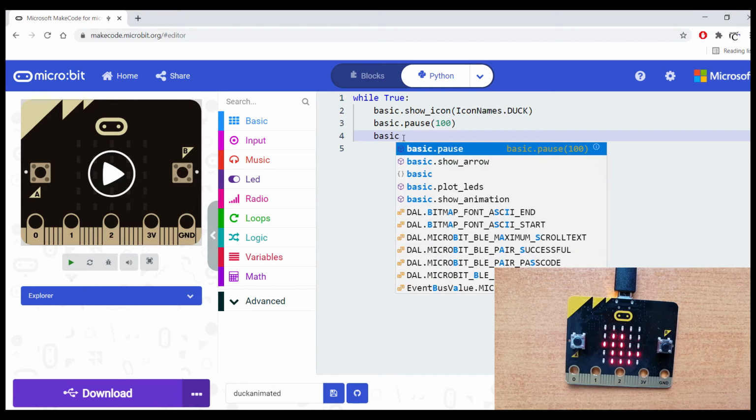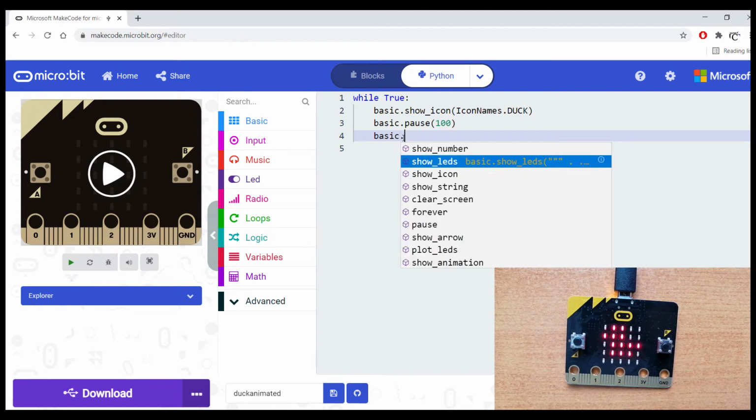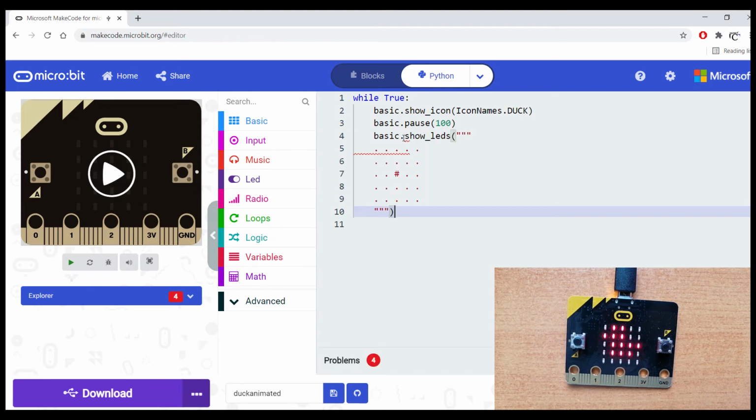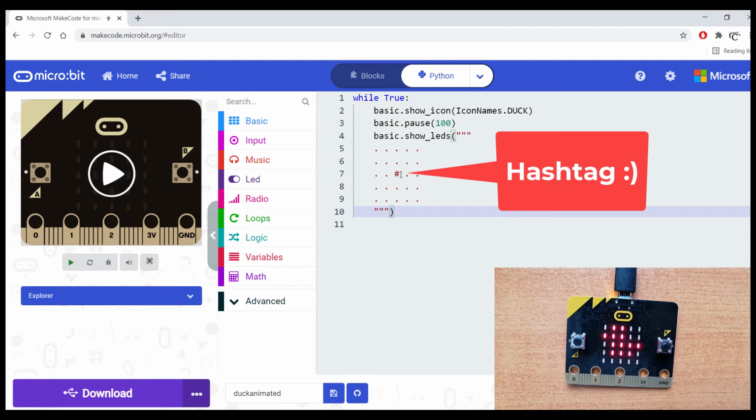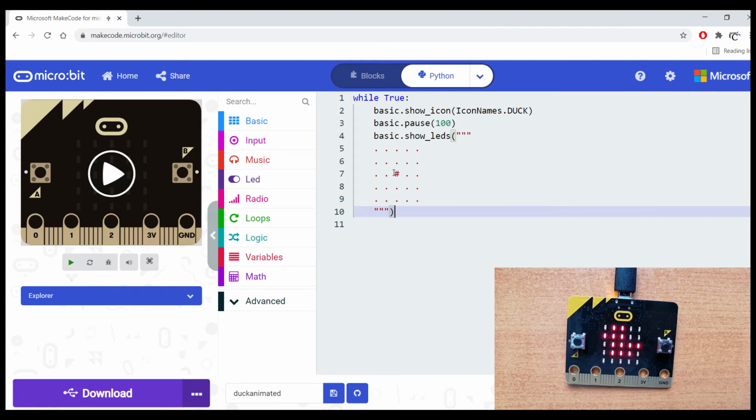basic dot show LEDs. Now from this window you see dots here and also one dash. These dots means the LED is off, but this dash means LED on. All I need to do is to make the duck from these dashes. I need to just put here one dash, and also here